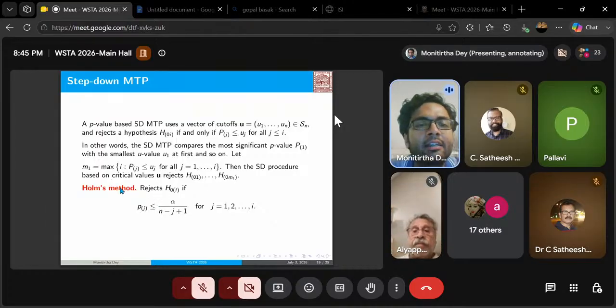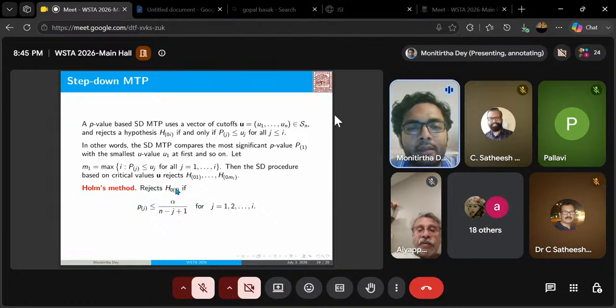And a classical example is the Holm method, which is also in some sense the optimal step-down multiple testing procedure. So this rejects the ith null hypothesis if p order j